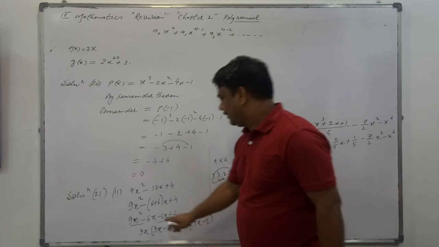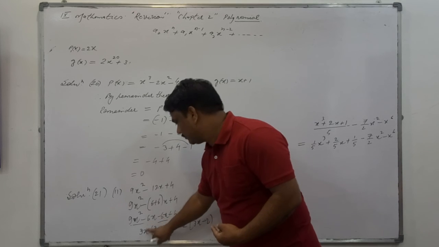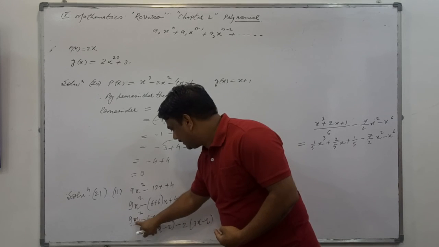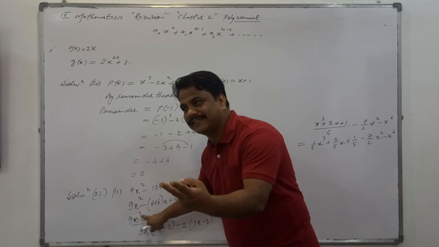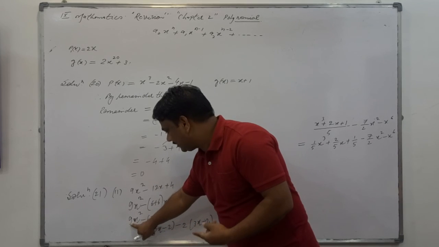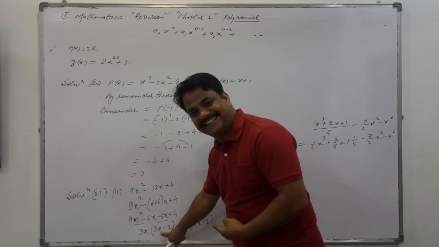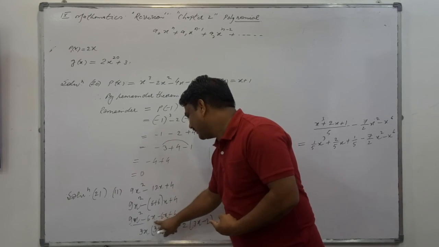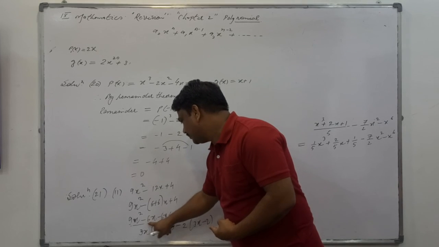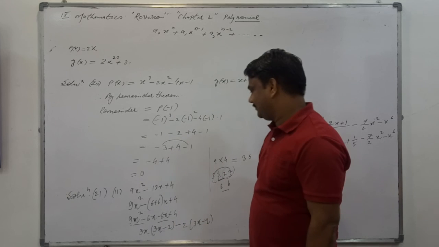So this step has the numbers 3 and 3, so it also has 3 and 2. So 3 is common. And it's x square, meaning 2 x's are there, and here single x, so single x is common. So from 9 you took 3, so 3 left, and from x square you took x, so only single x left here. From 6x, you took 3, so 2 left here and x is already common, so nothing is there. So 3x minus 2. Right?